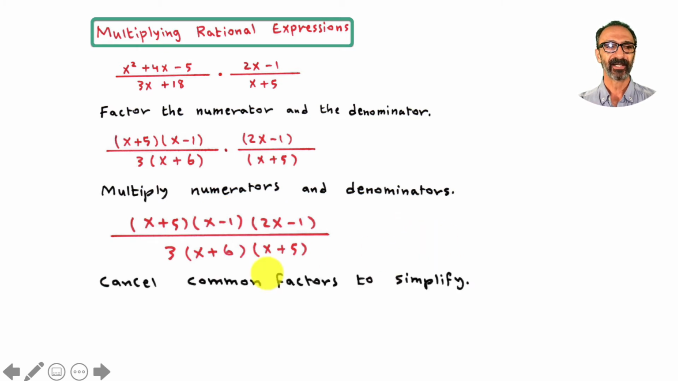Now we're going to cancel the common factors to simplify. Do you see any common factors? Do you see the x plus 5? Those are factors. There is no addition. Alright? When you cancel this with this, this is what you have left. And that should do it. So that is how you multiply. Let's see how we can